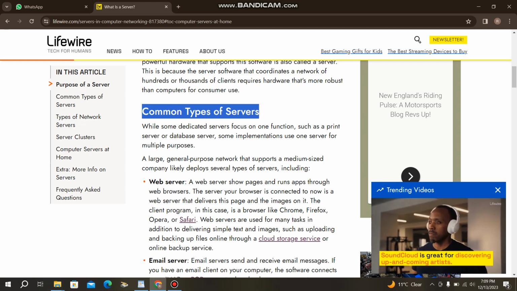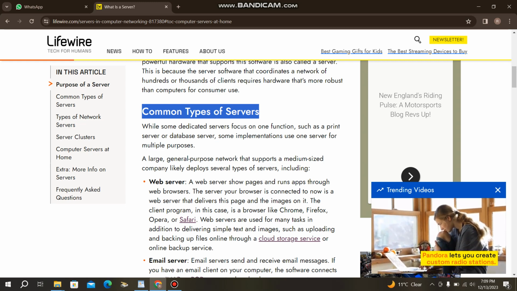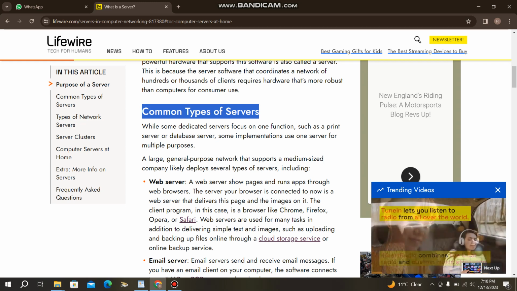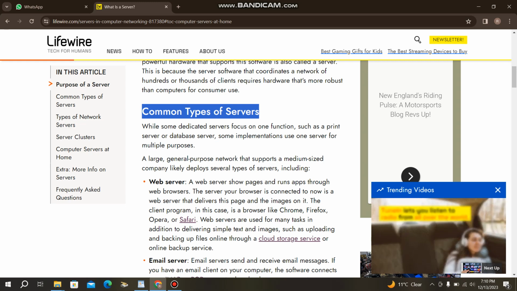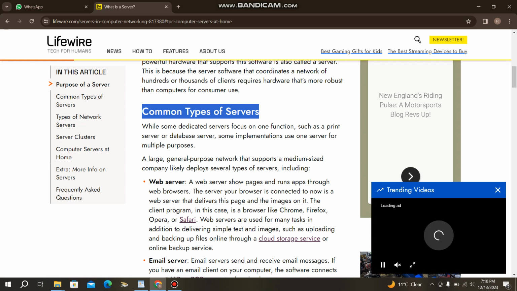Common types of servers. While some dedicated servers focus on a function such as a print server or a database server, some implementations use a server for multiple purposes. A large general purpose network that supports a medium size company commonly deploys several types of servers including